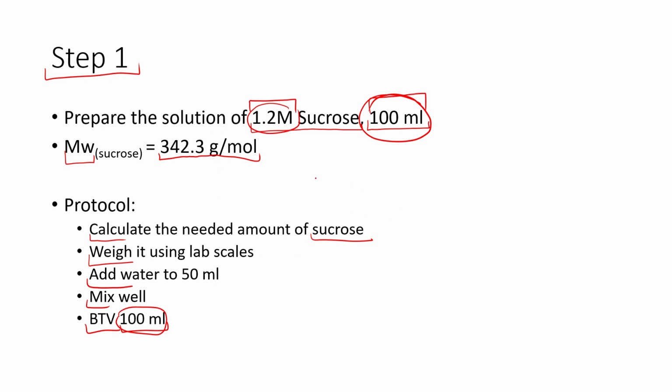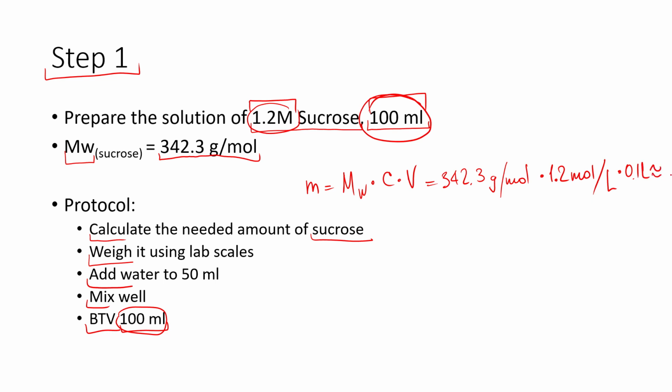So this 100 milliliters is our desired volume. And if you remember from the lecture, the mass is equal to molecular weight times concentration times volume. So in this case it's really easy. We have 342.3 gram per mole times 1.2 mole per liter times 0.1 liter, and it's roughly 41.07 grams of sucrose. So this is what you're going to weigh,